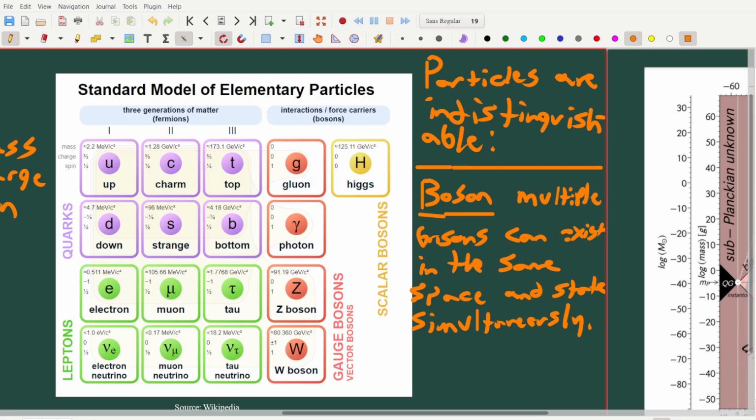All right, and as you can see, there are a lot more fermions than there are bosons, right? There's only a few bosons. There's the W and the Z's, the photon, the gluon, right? All of the force carriers are bosons. And I haven't talked about this, but there's this other one, the Higgs boson, which I'll mention here at the